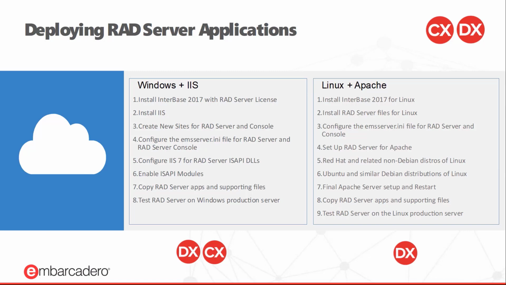You need a license for Interbase. For RAD server, you want to make sure you have IIS 7 installed, and then create 2 websites with virtual directories for RAD server and console. You want to make sure your configuration file is set up for the server and console. Configure your ISAPI DLLs, because for deployment, the RAD server DLLs are launched and then